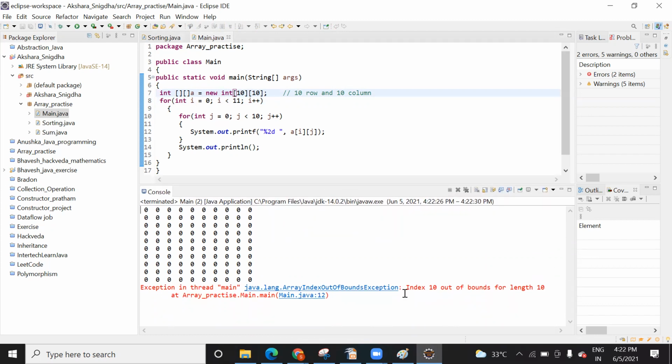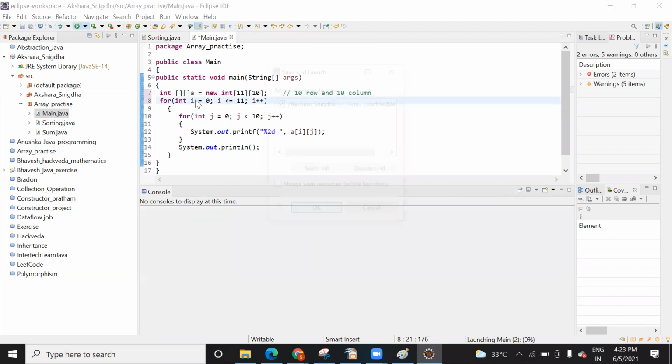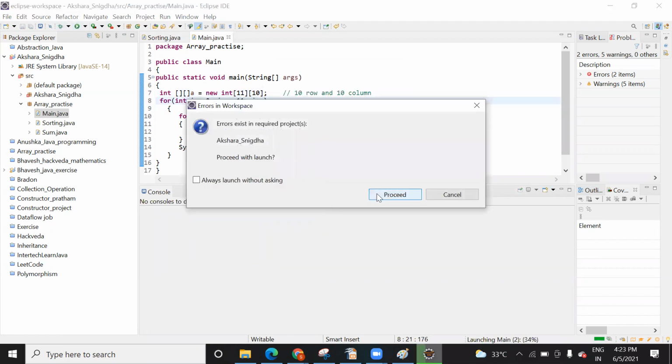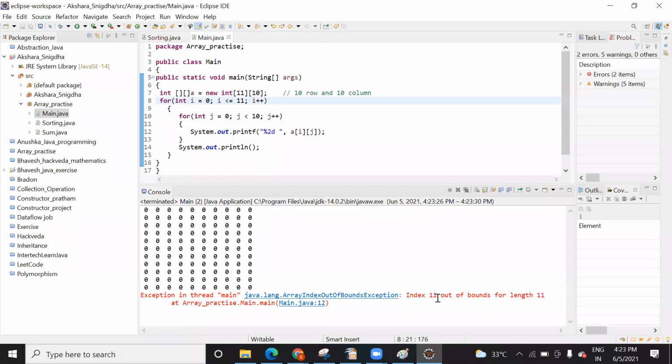That's why I'm checking. Yeah, this error usually comes when the array is not able to hold more than that many elements. Yes. But let me try it. Let's try it. Now it will tell.